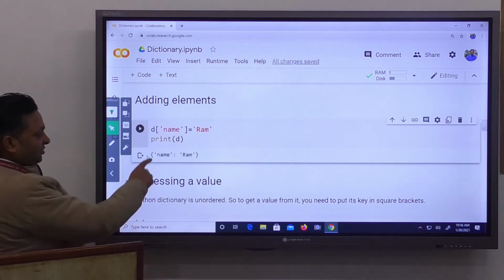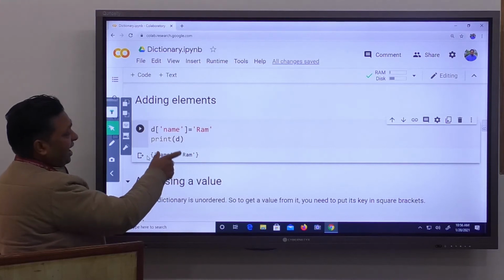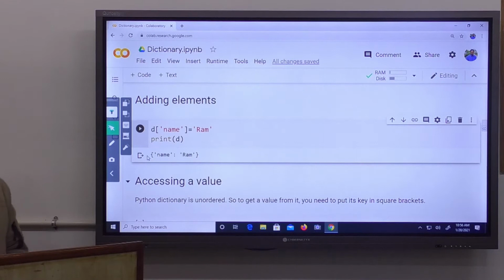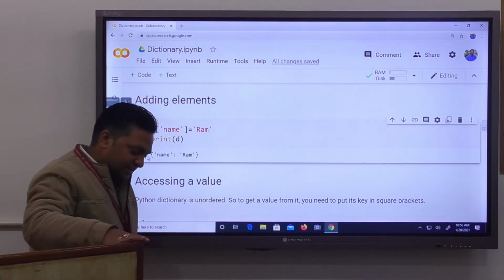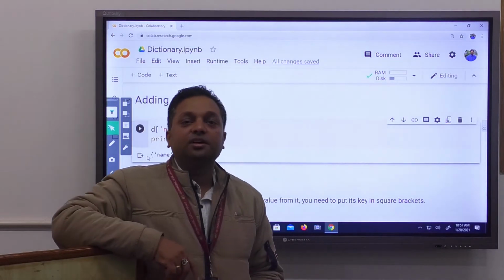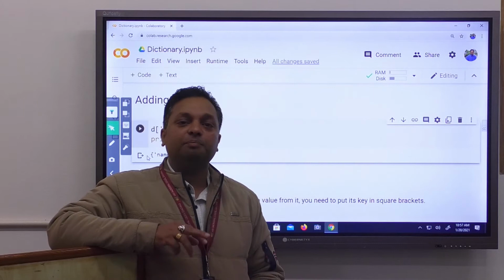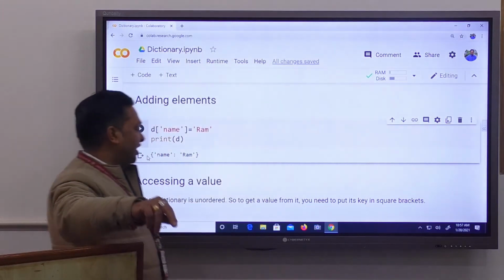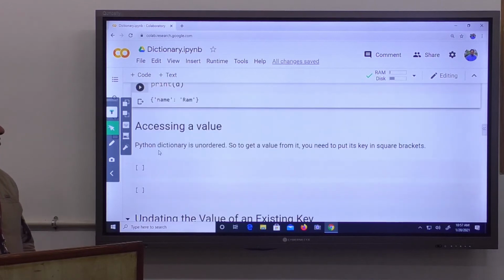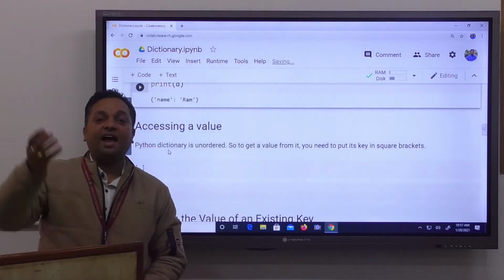As you can see, it creates a dictionary and adds name as a key and Ram as a value. So always remember, a dictionary is not just like a list. It is not an ordered sequence of elements. Dictionary elements always come in pairs, that is, key and value pairs. So once you learn how we can add an element into a dictionary, the next task will be how we can access